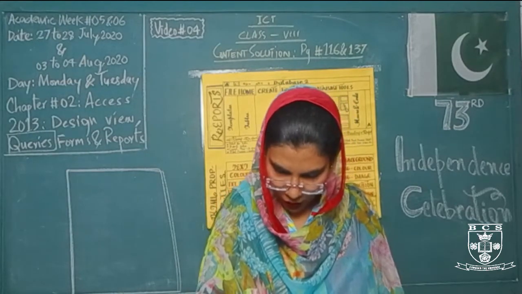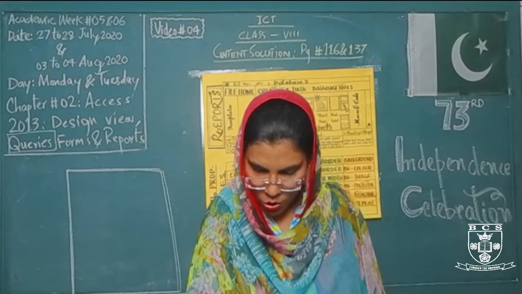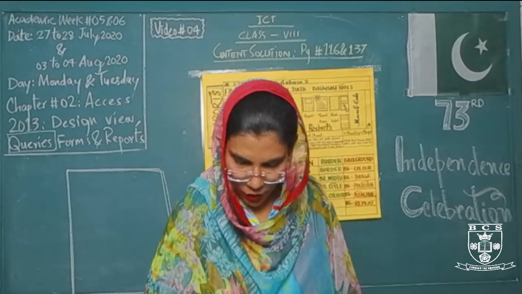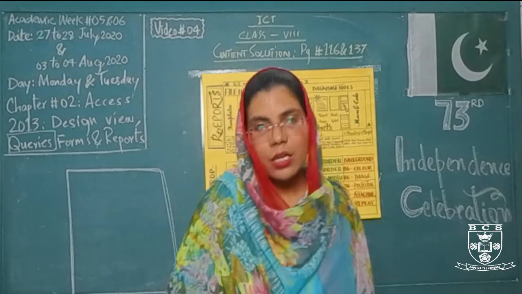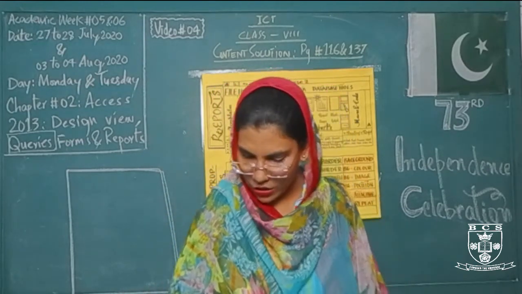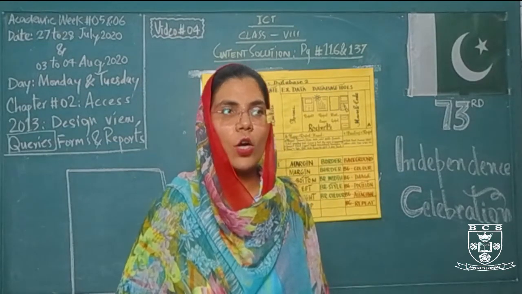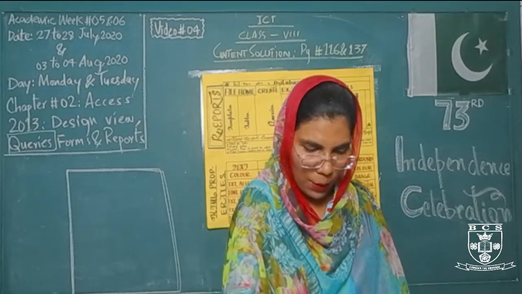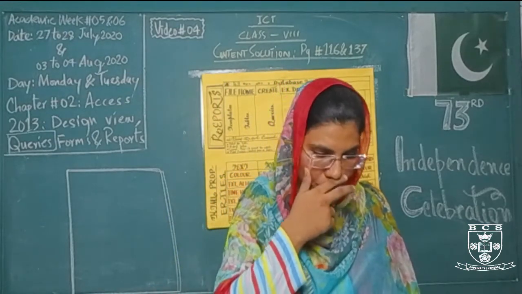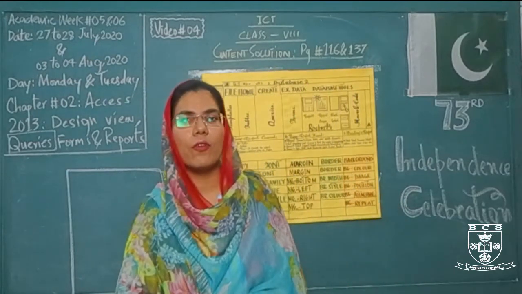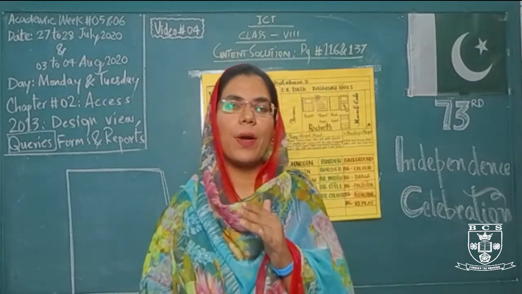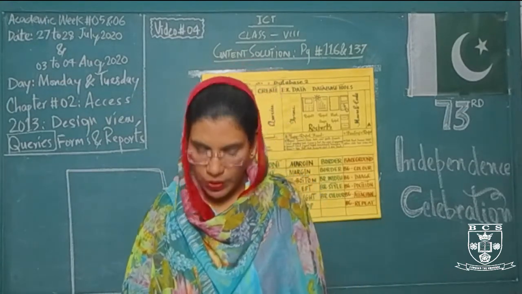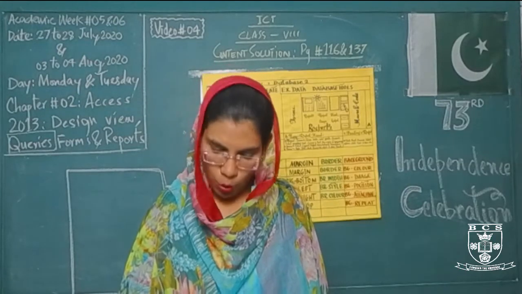And for the fourth one, which property would you set so that the field nationality automatically has the value Pakistani? If I want the last field, nationality, to repeat the value Pakistani again and again, which property should I use? The property that we will use is the default value. As we have discussed, we set this property to set one word that is repeated again and again for every record. So we will use the default value property here.